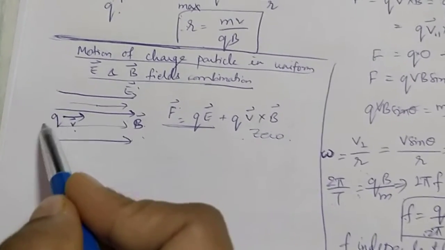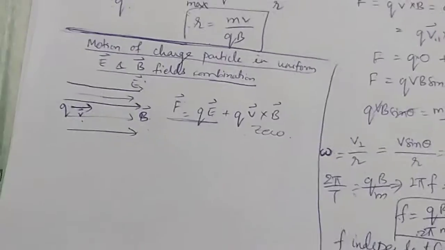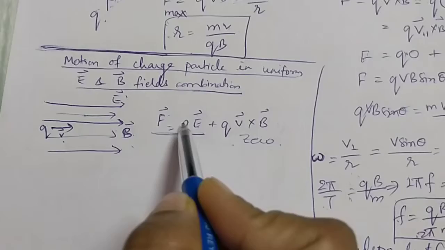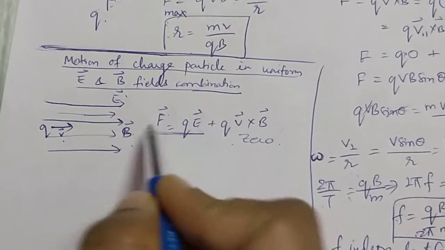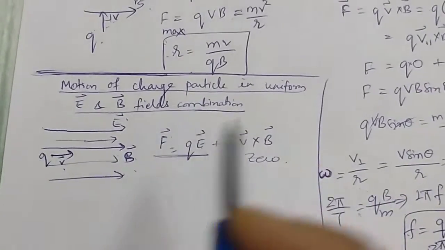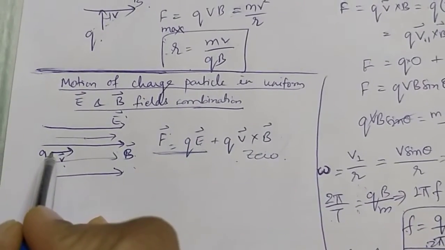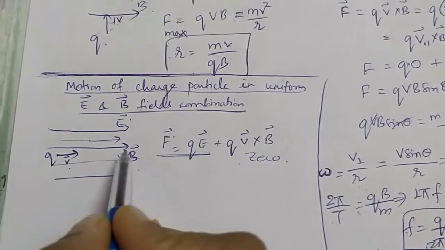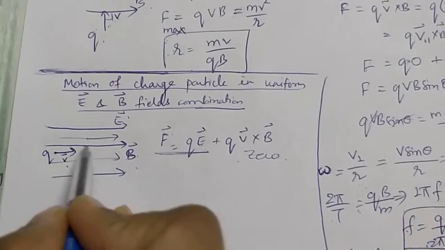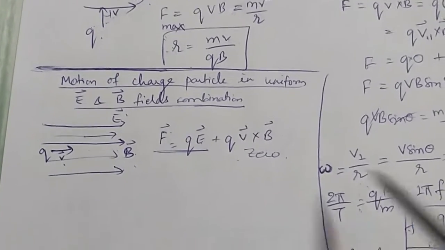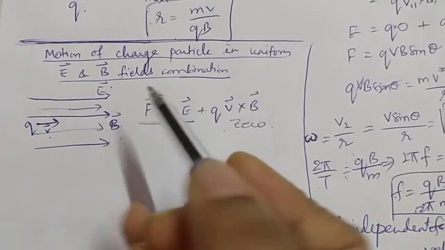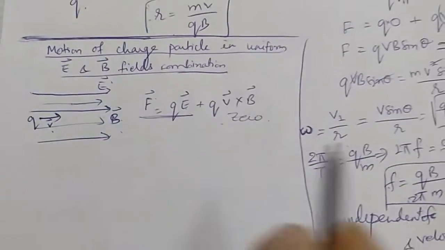But if suppose you have a negative charge and it is moving in this direction, then force will be in the opposite direction, because then F will be equal to minus QE, so force and electric field will be in the opposite direction. So what will happen again? The straight line motion will remain same. If this charge is moving this side and force is acting this side, the charged particle will decelerate, it will stop and then it will start to move in this direction, and so its velocity will change, momentum will change, kinetic energy will change, but the motion will be straight line motion itself.